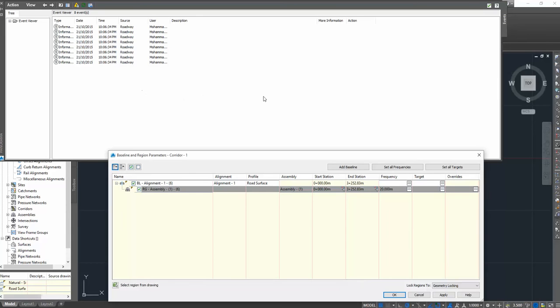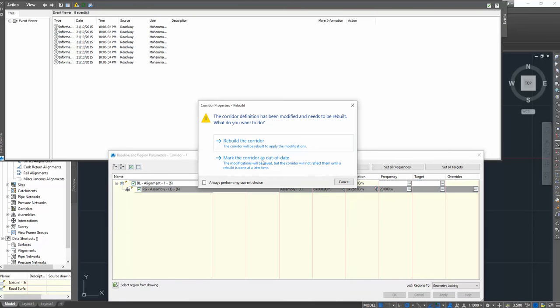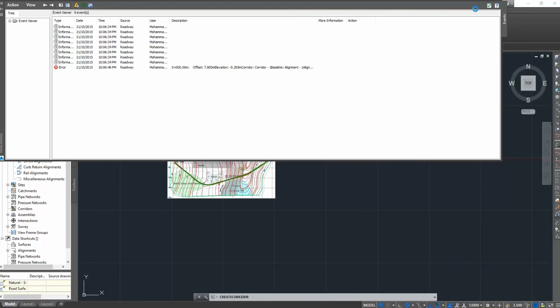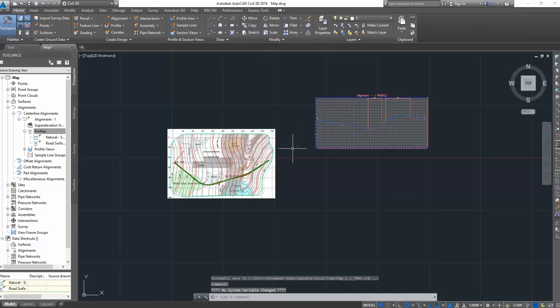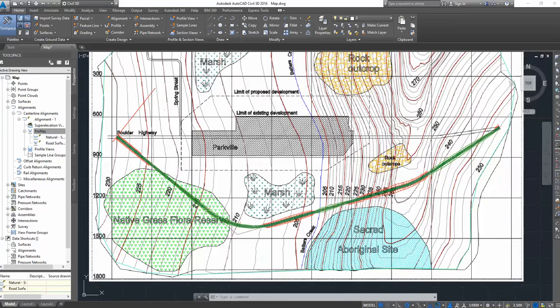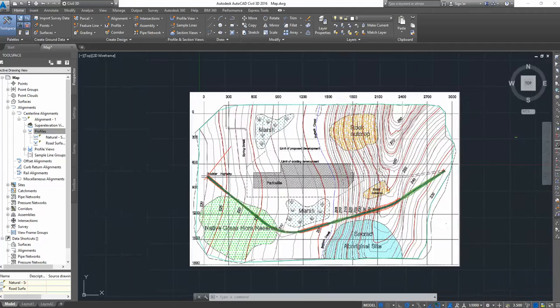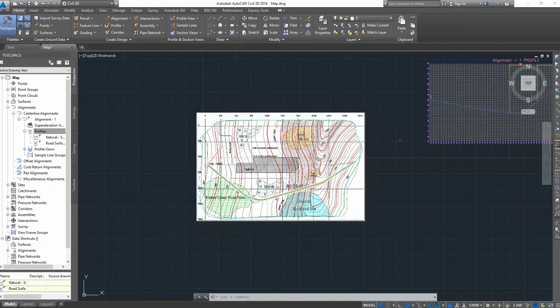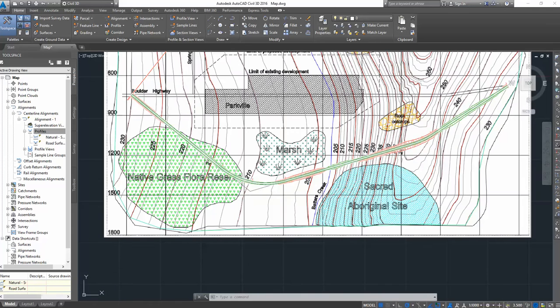This is just an event viewer that has come up. This is OK. Click OK. Click Apply. Rebuild your corridor. Click OK. Close this. Now, what you want to do next, so you have your corridor here, you have your profile view here. Next thing you want to do is create